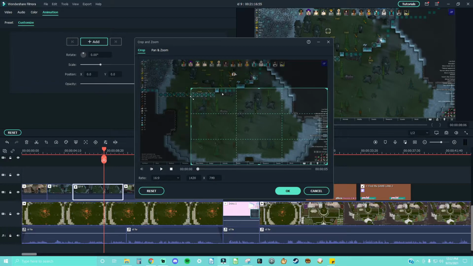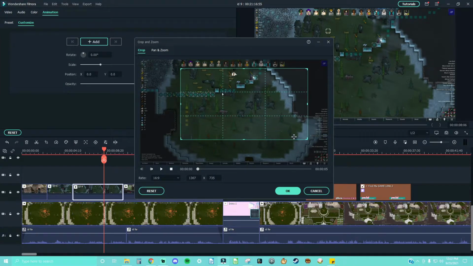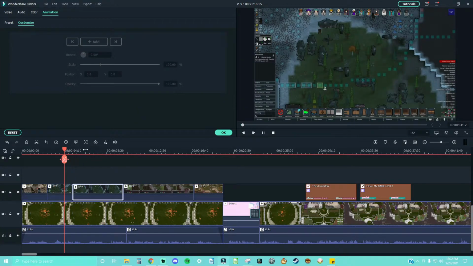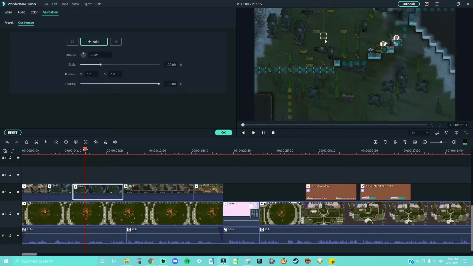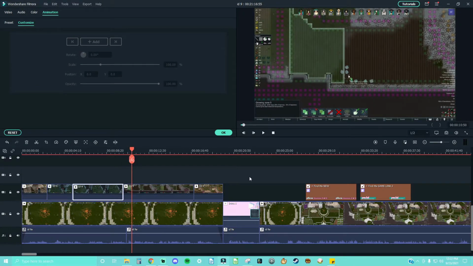I'll crop, because I'm not really sure how I'm going to be utilizing the footage or the size and stuff like that. So there's a difference between this and the custom animation, which I'm not going to get into, because again, this isn't a Filmora tutorial. This is just a tutorial on how I make my editing decisions and how I edit things. Okay, great. So now I just gotta do some transition work and opacity changes because I want this to overlay